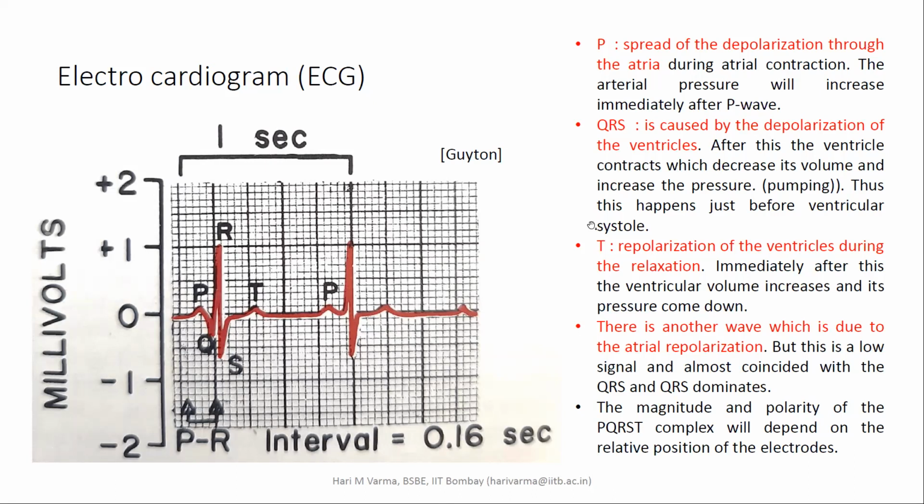Now, after some time, the repolarization of the ventricle happens. The repolarization of the ventricle means the ventricle contraction stops, right? So at that time there is a signal corresponding to that repolarization, that is called the T wave. The repolarization of the atria is also there, but that is more or less coinciding with the QRS complex, but of small magnitude, so we won't see it. Right, so this is how the PQRST has to be interpreted, and this signal is what we have actually measured using the